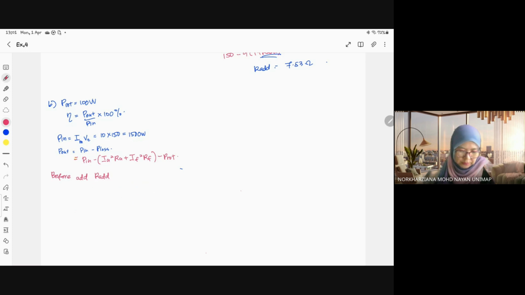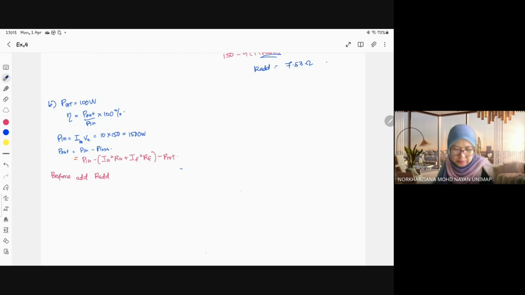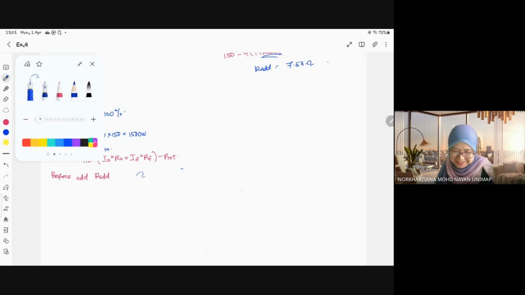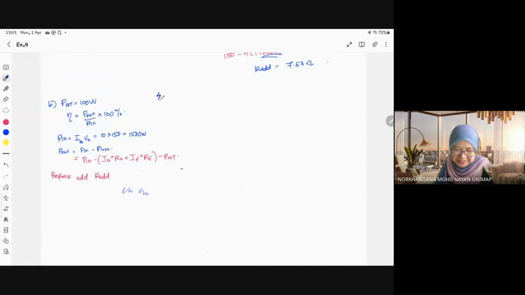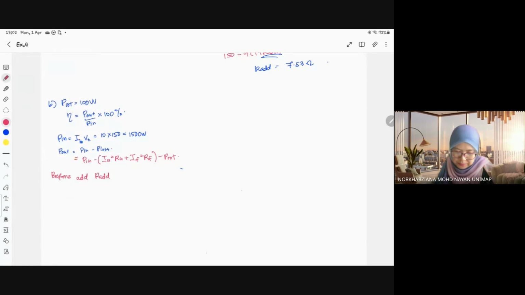Okay. Sedap pakai pen ni. Okay, let's try this one. So your P out, P in is 1500 minus IARA